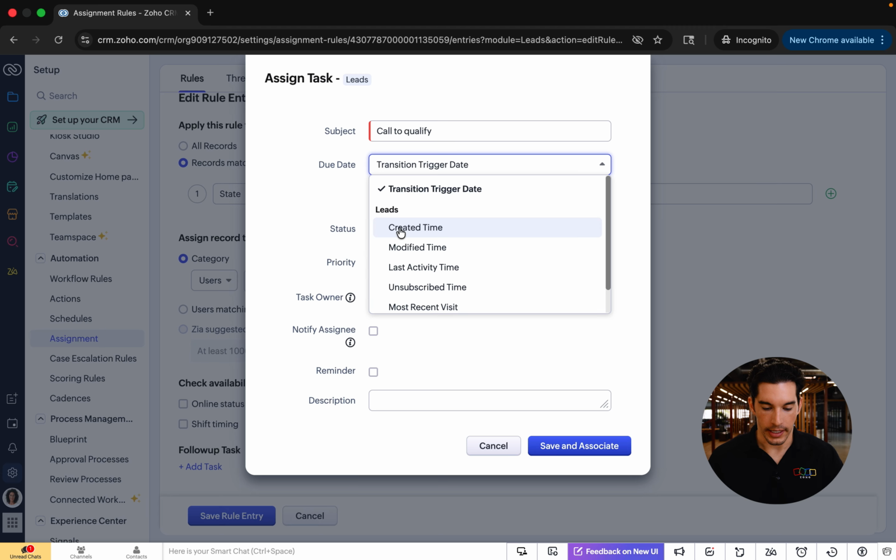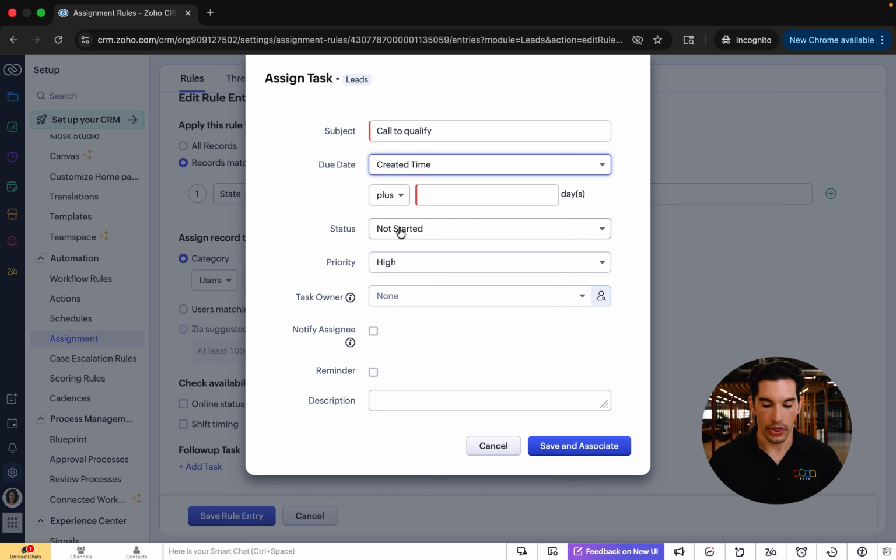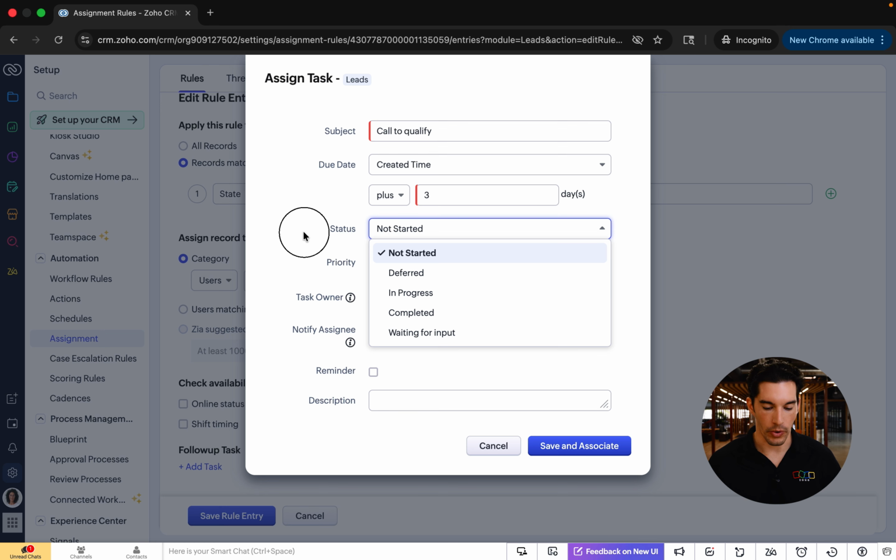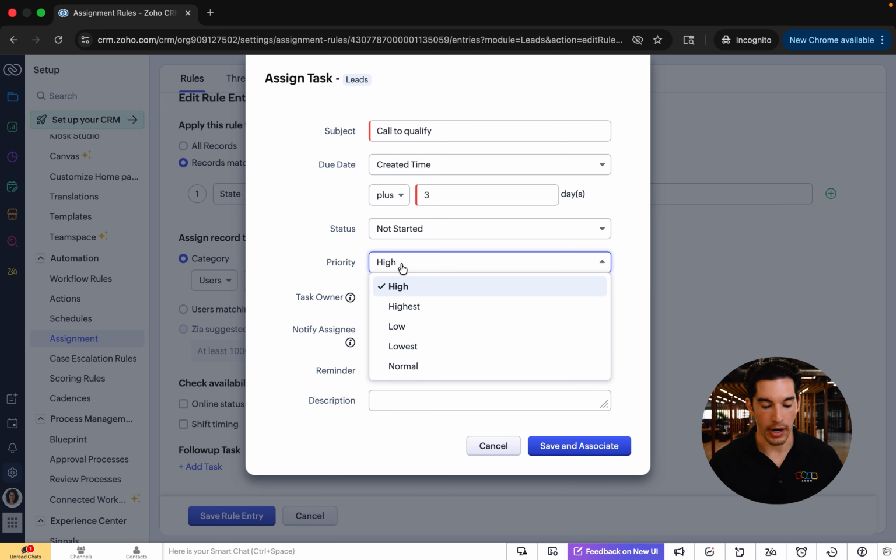I'm going to say this due date should be 3 days after the lead was created. So this will be 3 days after the lead has been assigned to that sales rep. We can mark it with a status if we want. We can mark it with a priority if we want. And then one of the things that I do want to focus on a little bit is this task owner